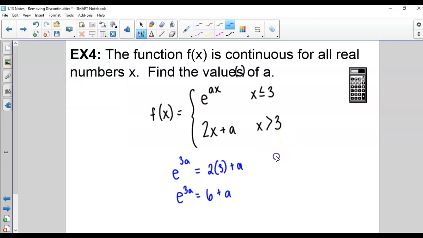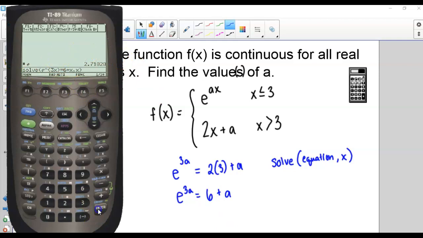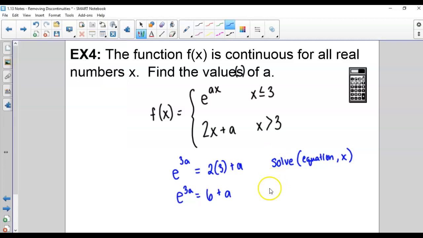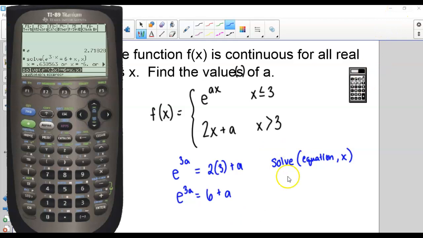So you're going to do solve, whatever the equation is, comma x, and then close the parentheses. That is how you do this on the calculator. And if you got it typed in correctly, you're going to hit enter. It is going to take just a second to figure this out. And you'll also see that warning, more solutions may exist. So we get the answers, x equals